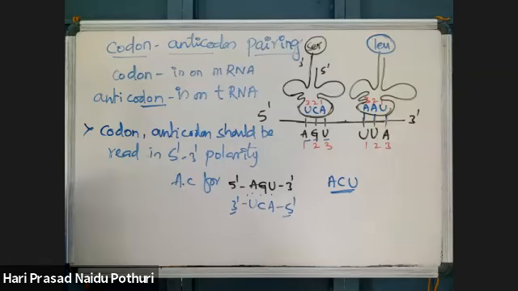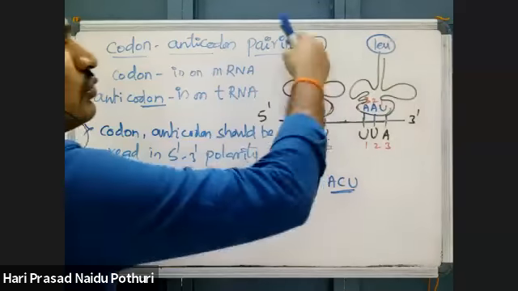For proteins, numbering of amino acids is always given in N terminal to C terminal direction. For nucleic acids, numbering of nucleotides is always given from 5 prime end to 3 prime end. That is very important. Okay, just note this down. An example of this is also given in NCERT. Same, this structure with 2 amino acids is given.